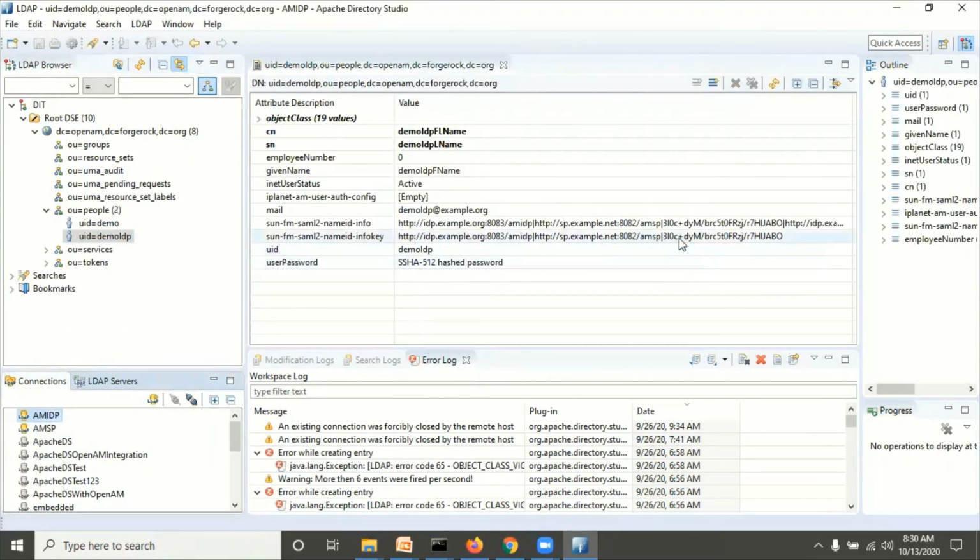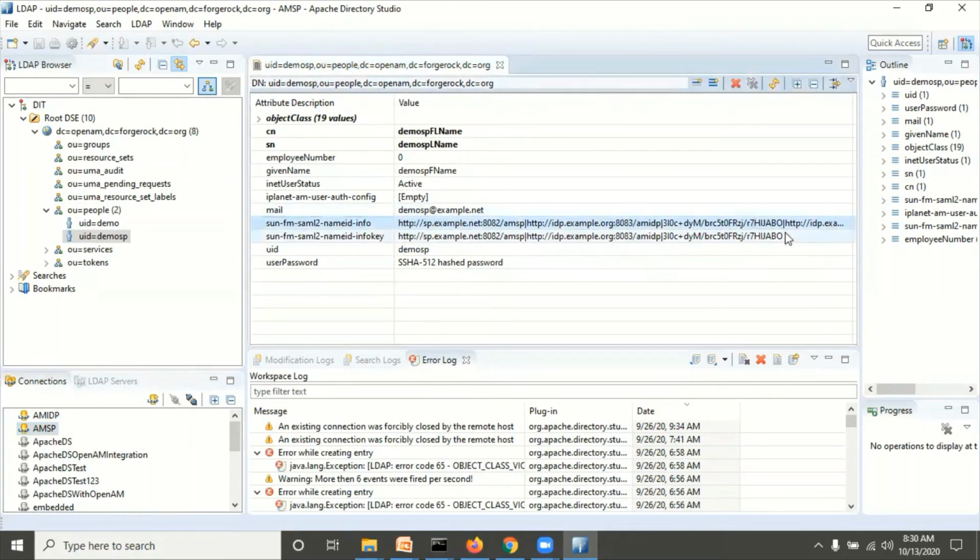See here, the key is the same, correct? Right now I am in the AM IDP. Here you can see the info key, which ends with JBO. The same way you can see here in the SP application, this is JBO. So that's why, if you log in to any one of the applications, the second application will not ask for re-authentication. These are the two very important parameters to make single sign-on in OpenAM, where we are using OpenAM as IDP and OpenAM as service provider. But in real time, if you have a general application, then how you want to store the data on the SP side is according to your requirement.